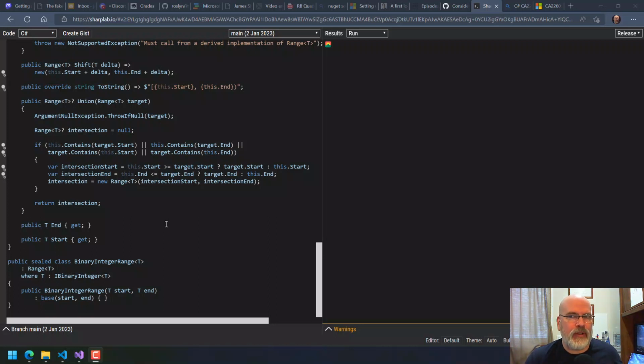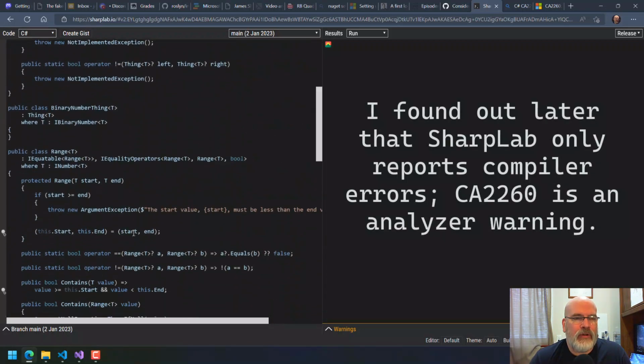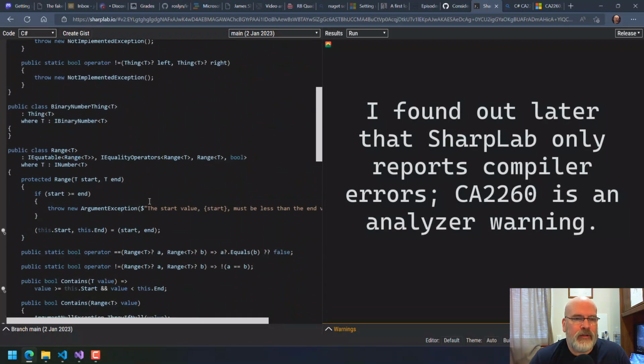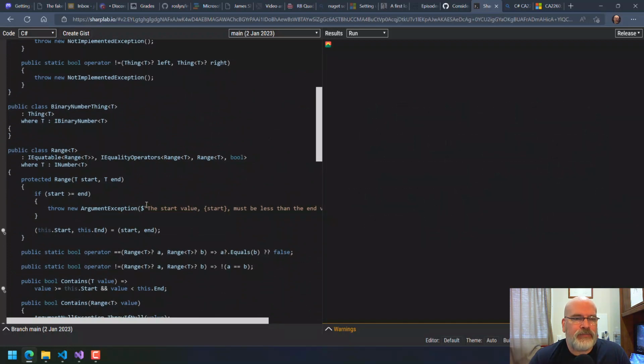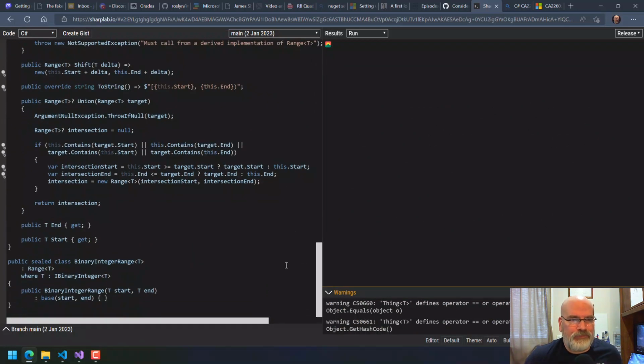SharpLab is just using the C# compiler underneath the scenes. And here it's not failing. I literally copied and pasted all the code for range in here. And the only warnings are what I'm getting for this thing that I tried to do above. And this is fine.